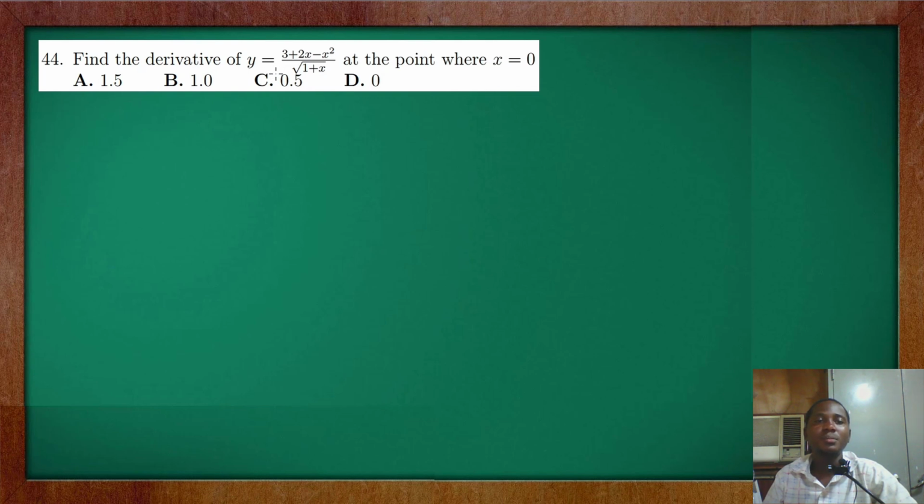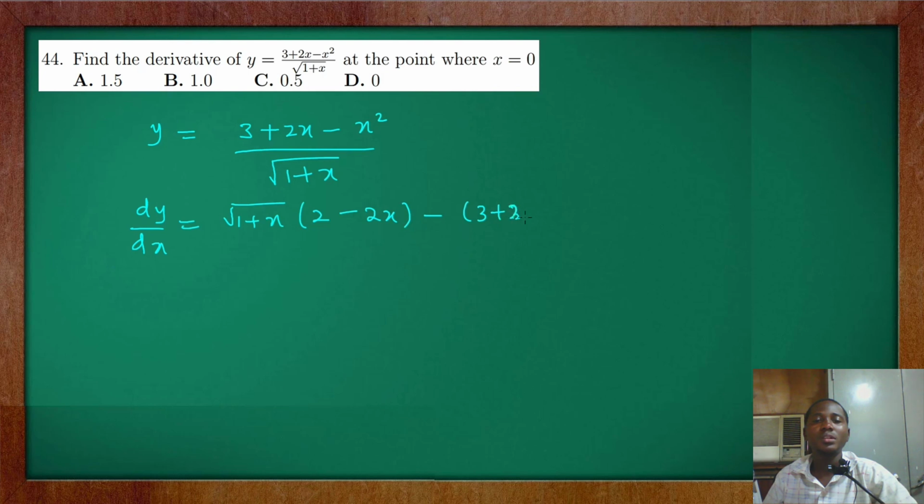In this question, we have to obtain the derivative of y at the point x equals 0. Here we are given y equals (3 plus 2x minus x squared) over the square root of 1 plus x. So my dy/dx is going to be the denominator, 1 plus x, multiplied by the derivative of the numerator. If you differentiate this, you are going to have 2 minus 2x, minus the numerator, that's 3 plus 2x minus x squared, multiplied by the derivative of the denominator. And if you differentiate this, you are going to have 1 over 2 square root of 1 plus x, then over,